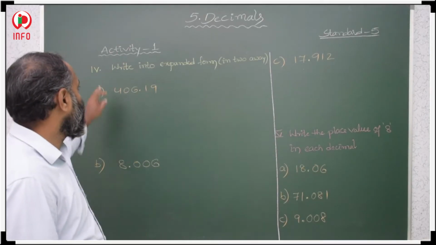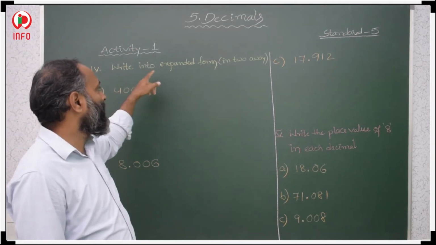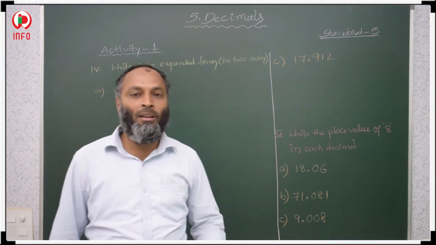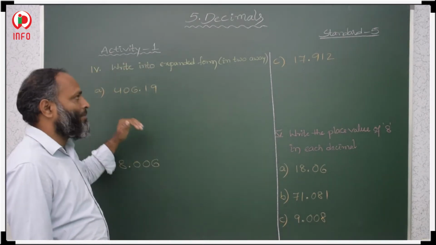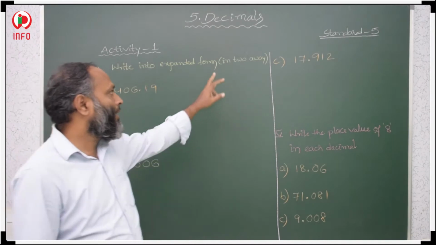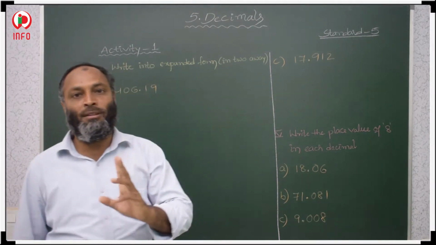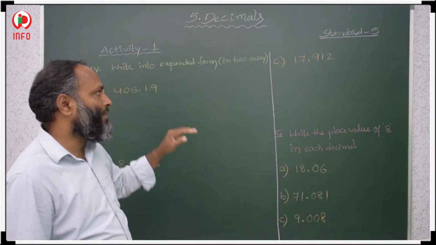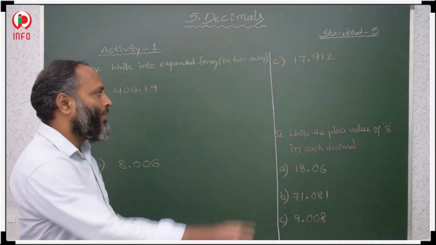Yes students, so next, fourth bit is write in the expanded form. Already we did the third question in expanded form. So this also again we have to write in expanded form, but here he is asking in two ways, two methods. So in two methods we have to write this in expanded form. The first method,